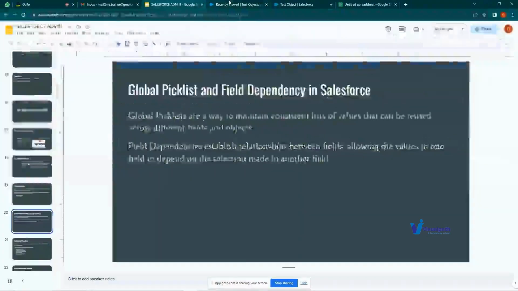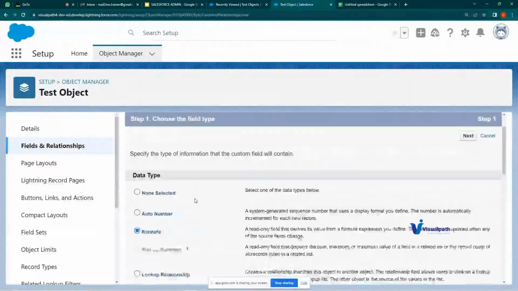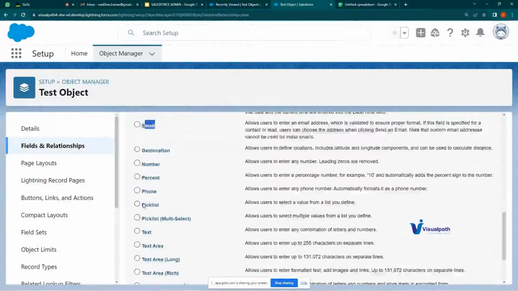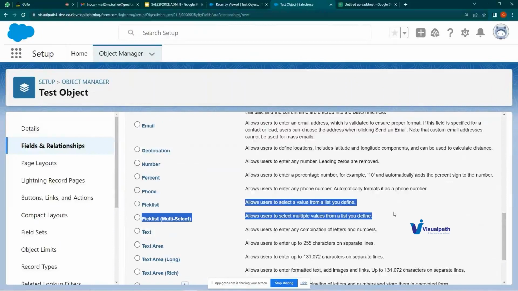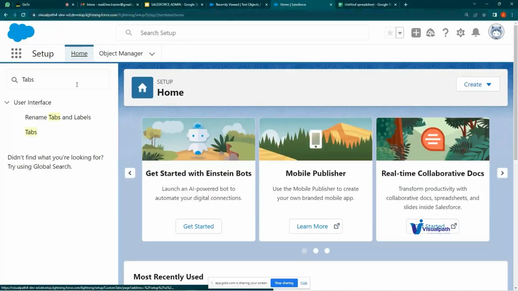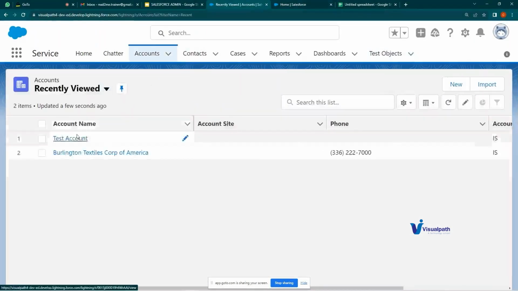Just come here again. So here, if you see, there is a pick list option. This pick list option or multi-select pick list is there, and there is an option for global pick list. So global pick list, as the name suggests, this type of... do you know what is a pick list? Pick list, I will show you. In accounts, if you go,